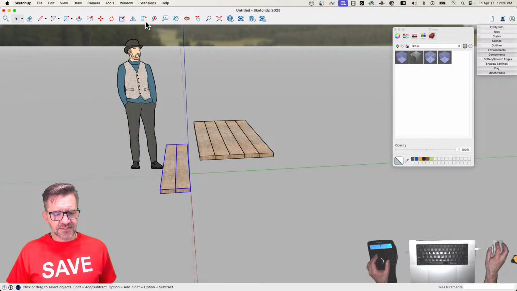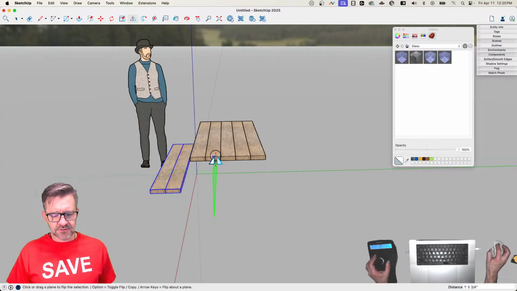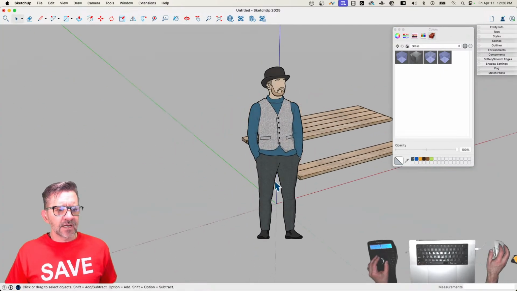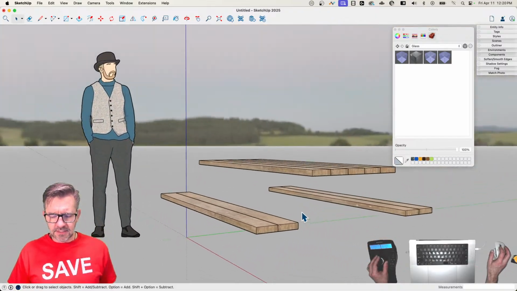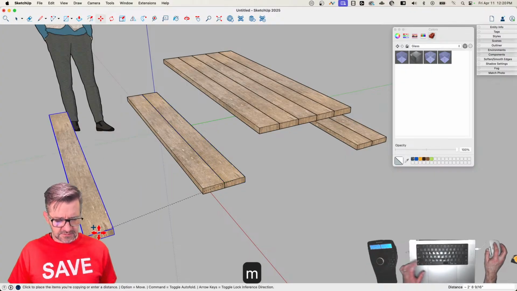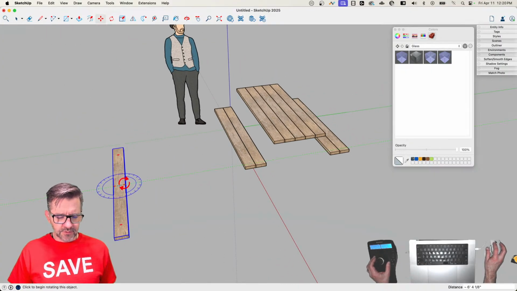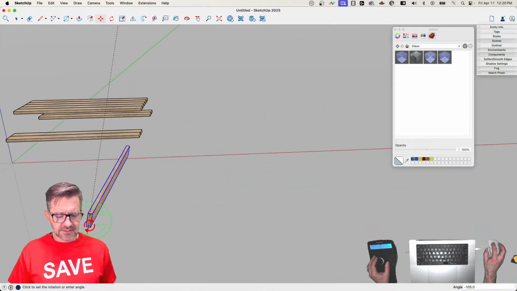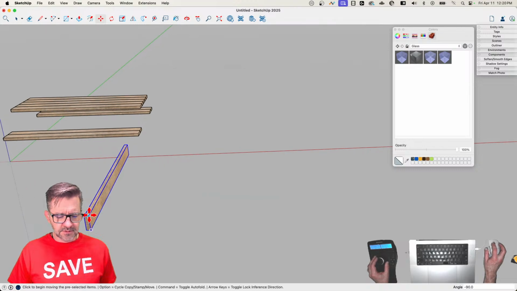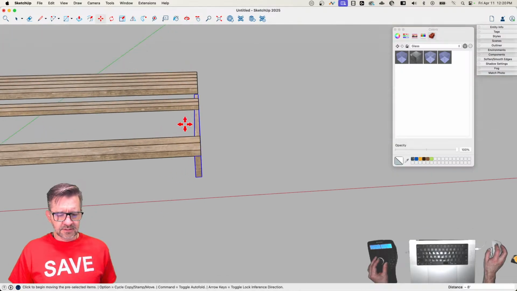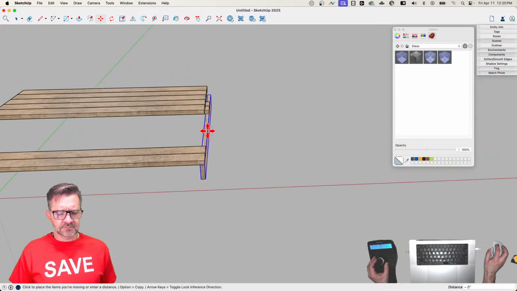All right, I'm going to grab these two. I'm going to mirror them to the center of the bench like this. So we get two. Awesome. Now I'm going to grab one of these, copy it over here. I'm going to turn it this way, and I'm going to turn it this way. I'm going to line it up right here,